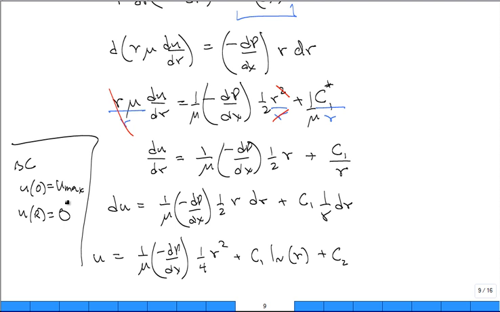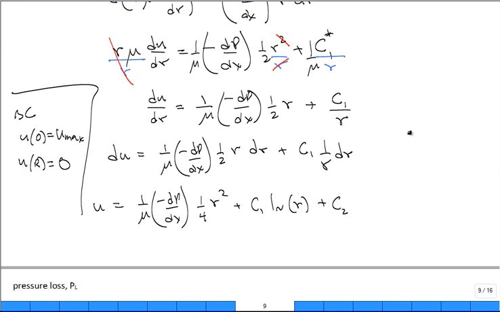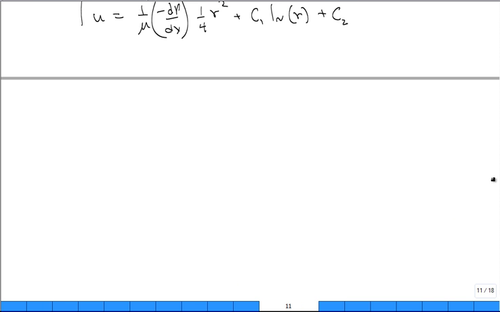So when we solve for it, we get u equal to u max times 1 minus (r over capital R) squared, where u max is given by,